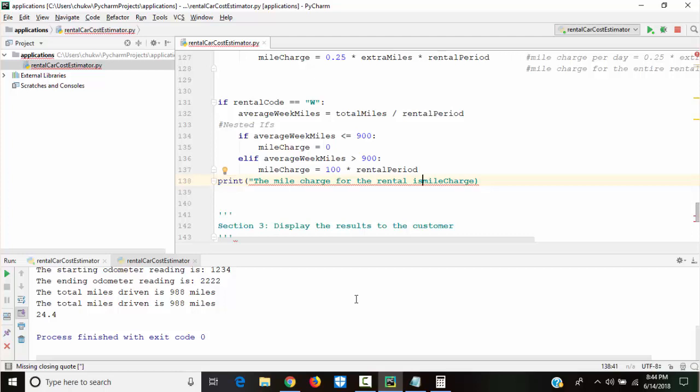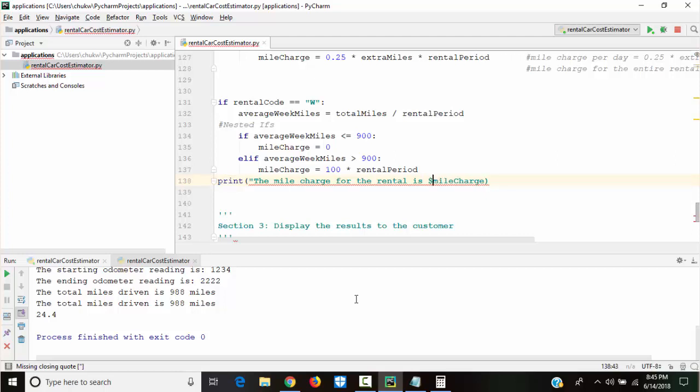I'll show you another way of formatting currency, but let's use the one we used before. No problem.